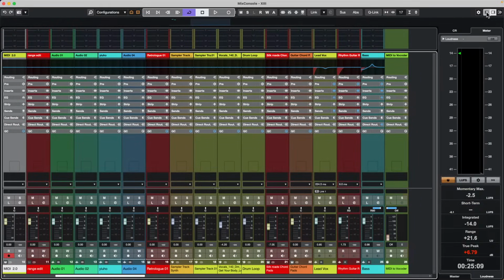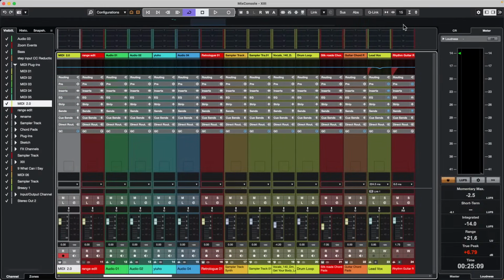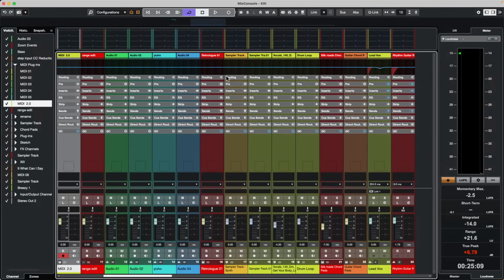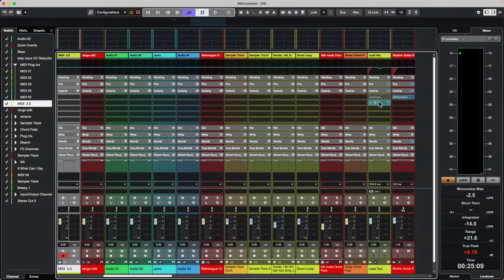We could access our left and right zones. Again, just right-click in different areas to choose what will be active. So again, the labels are much easier to read, and we can see that we have channel names at the top. If we wanted to open a particular instrument, we could just hover over and see our different tracks at the bottom. So looking at our pre-section, our inserts,